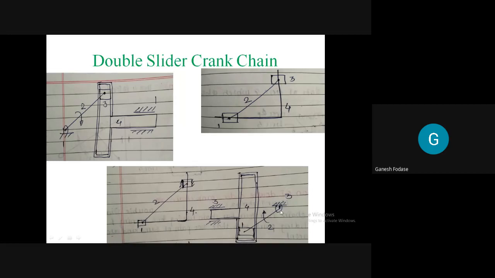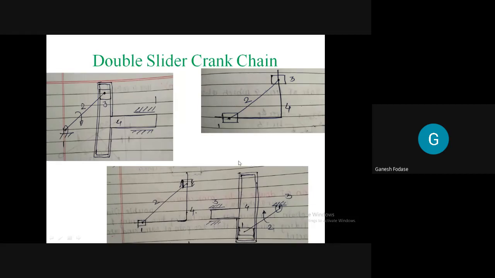Okay, link number 3 is fixed here. 2 is a crank, and 2 and 1 form a turning pair. 1 will slide inside this. Again, 4 will be in the form of a T shape, and this 4 will slide. So 2 acts as a crank, 1 will slide inside the 4th, and 4 also slides. So both cases are the same mechanism. Here this T-shaped frame in both inversions will slide inside link number 1 here, and inside link number 3 here, which is fixed.